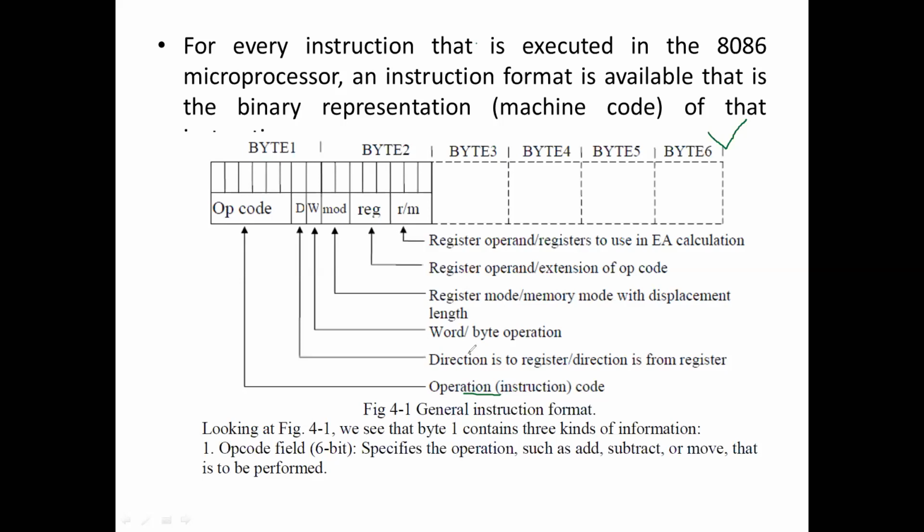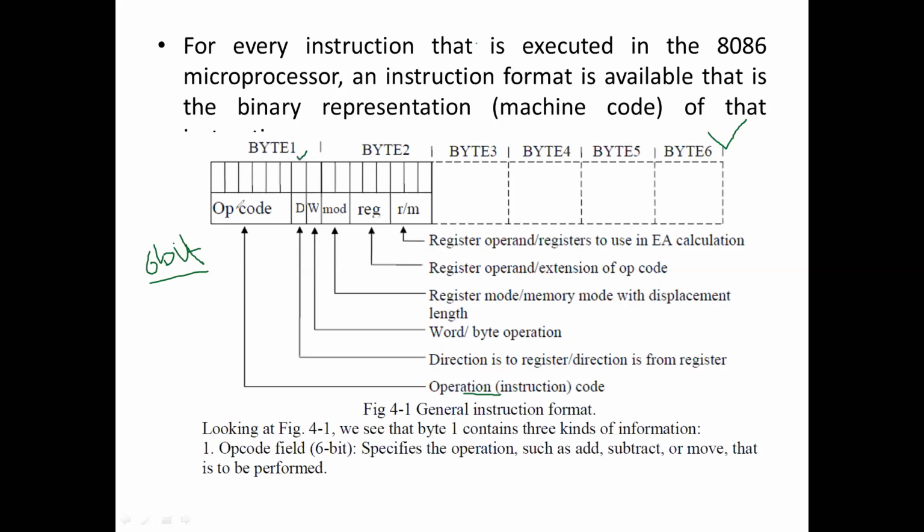Similarly, we have any other instruction, add or subtract, any instruction else. In case of 8086 we are discussing, every instruction has 6 bits of its respective machine code. First 6 bits are for machine code. We don't need to remember the machine code for all the instructions. Mostly in the problem, if they are asking for the machine code, they will definitely provide you the machine code of the opcode. Now next is the 1 bit D.